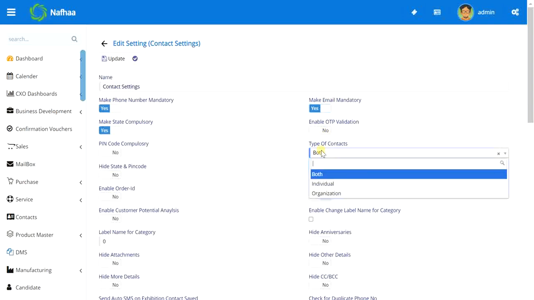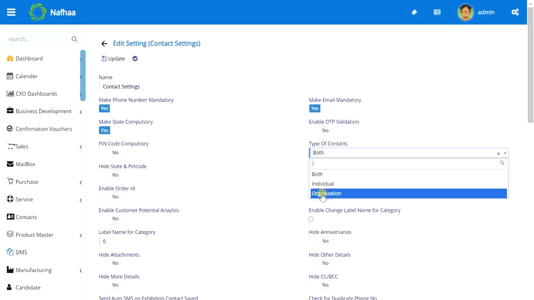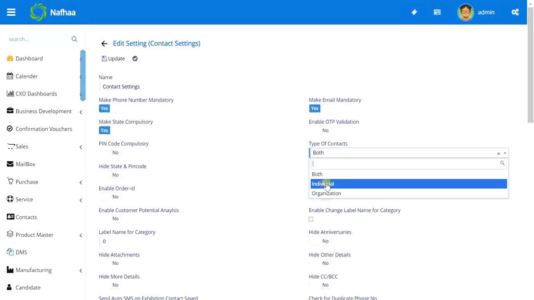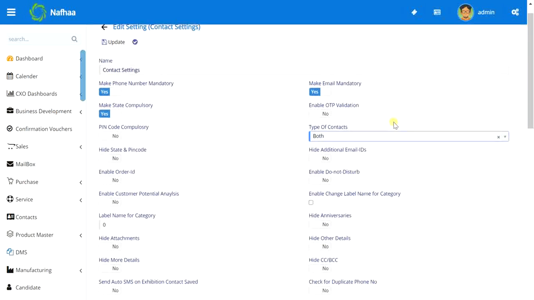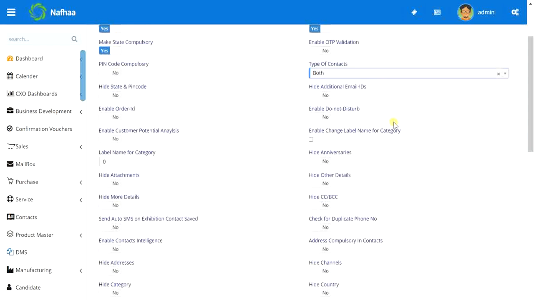And if your business does not have individual contacts, or organization contacts, or all contacts are individuals, then you can select this, so you need not select whether it's an organization or individual every time you make a new contact. And there are settings like hide state and PIN code. If you don't need them, even if they are not optional, they are not needed in your business, you can remove them. As I mentioned, you can hide the additional email IDs like the survey, store and sales email IDs.